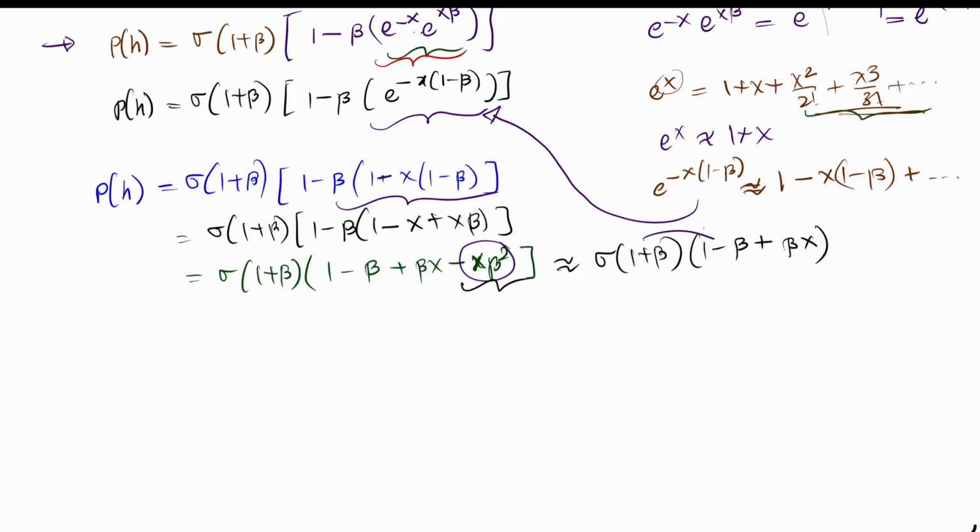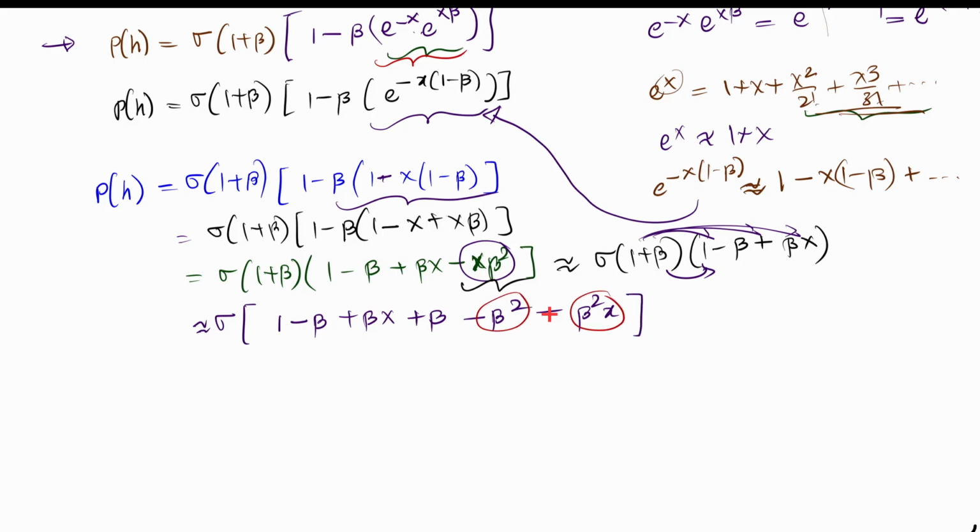Now I'm going to expand this term by multiplying this. So it will now be sigma equals 1 minus beta plus beta x plus beta minus beta squared minus again beta squared x. Here also I'm going to ignore the higher order terms because they are very small, and then this and this get cancelled off, and I'm left with sigma 1 plus beta x is equal to